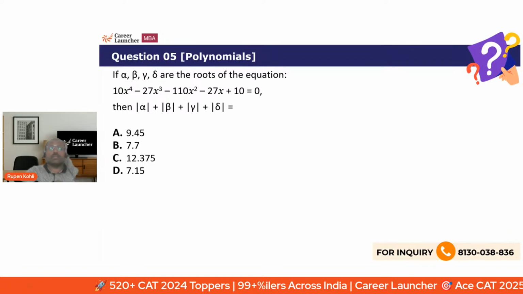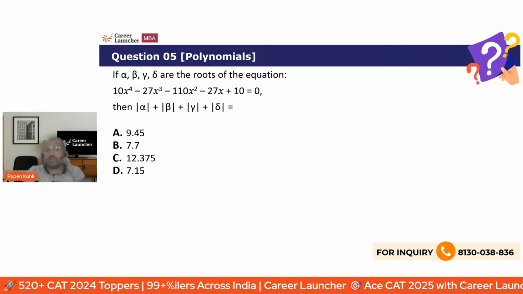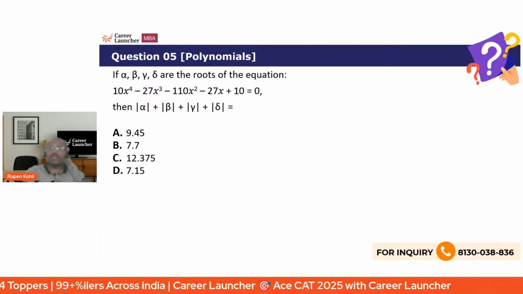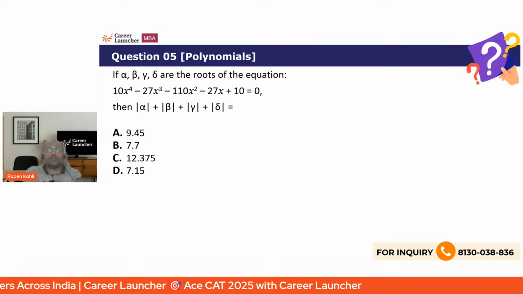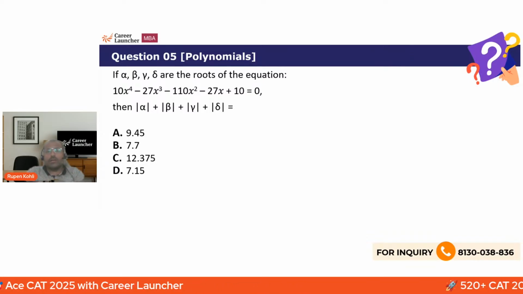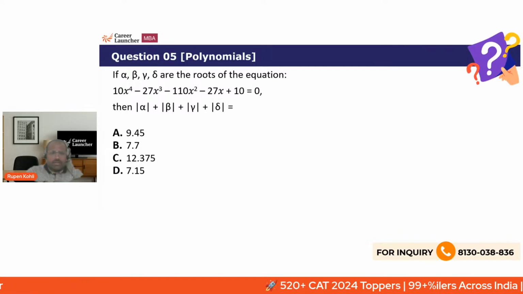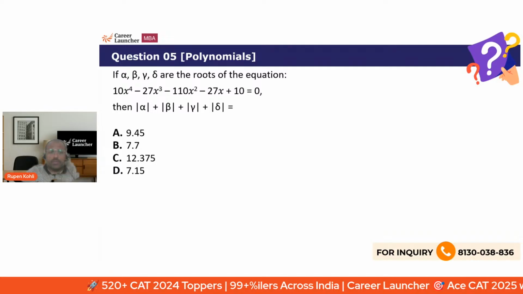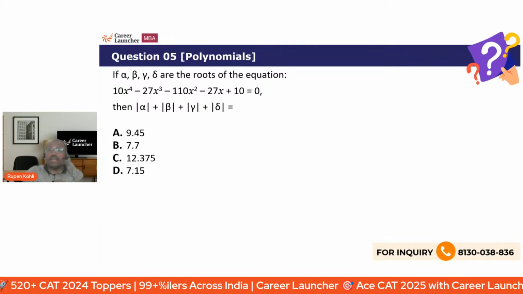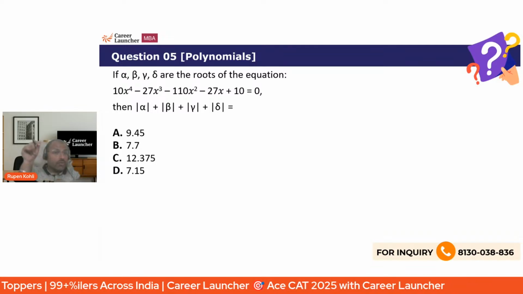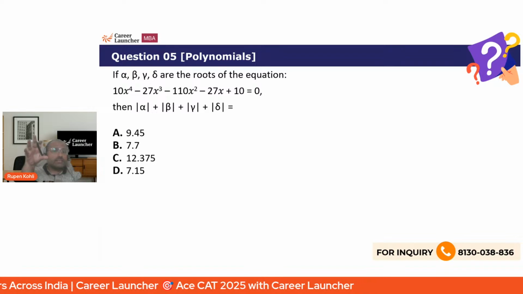How to solve a fourth degree polynomial? That is what this question is asking. You have to solve this equation for all the roots alpha, beta, gamma, and delta of this fourth degree equation. Then the answer you need to mark is mod alpha plus mod beta plus mod gamma plus mod delta. Now, don't get under the impression that the answer is as simple as